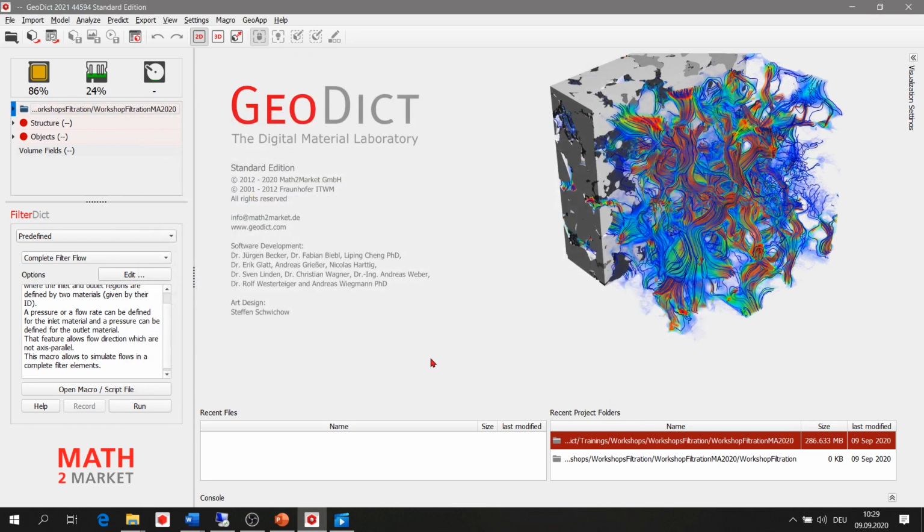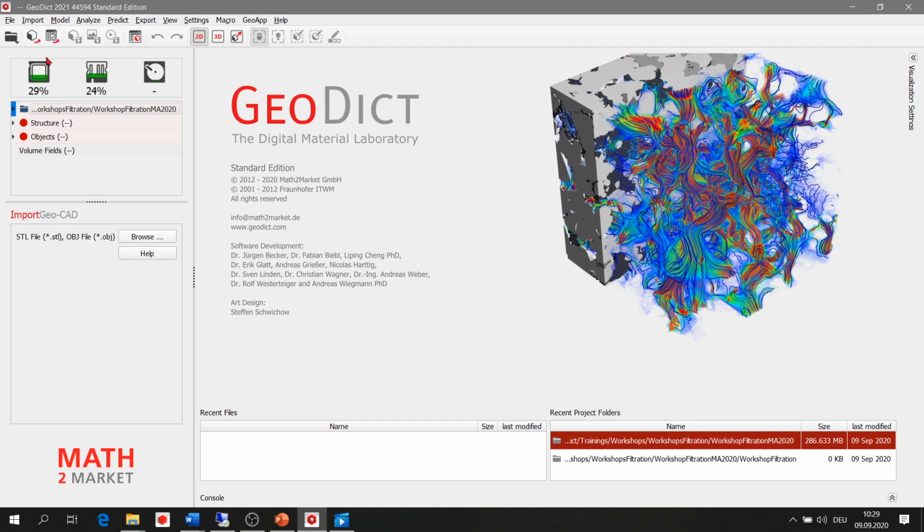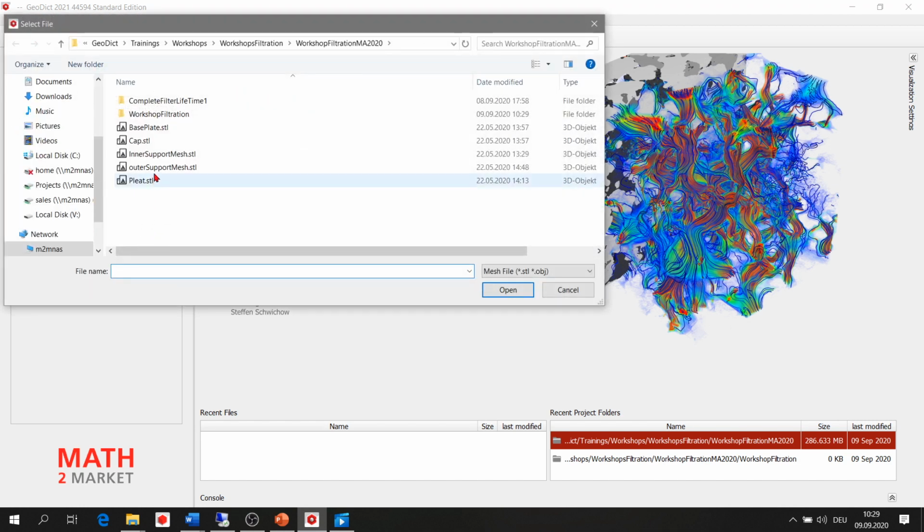All right. So the next step is to import the CAD geometry of your filter. As you can see under the Import GeoCAD module, you can import STL files or OBJ files. So here, by clicking on Browse, you can see these 5 different STL files that we provided for you.